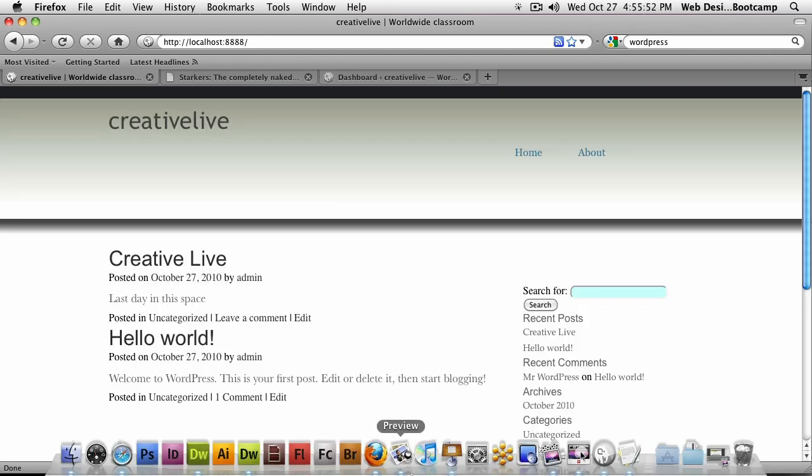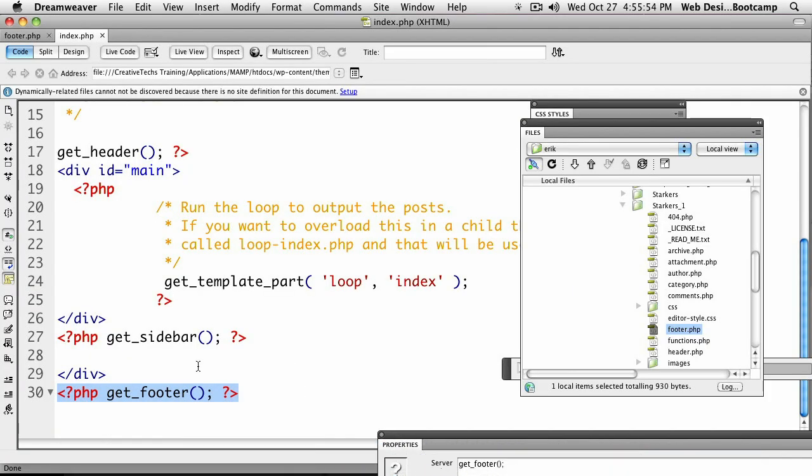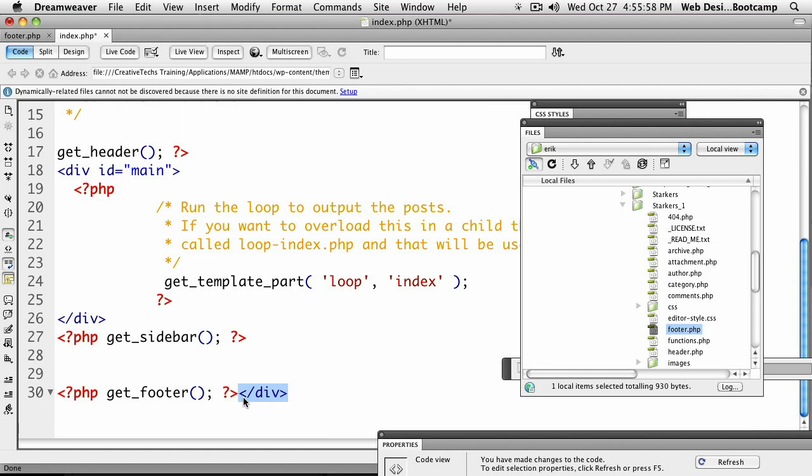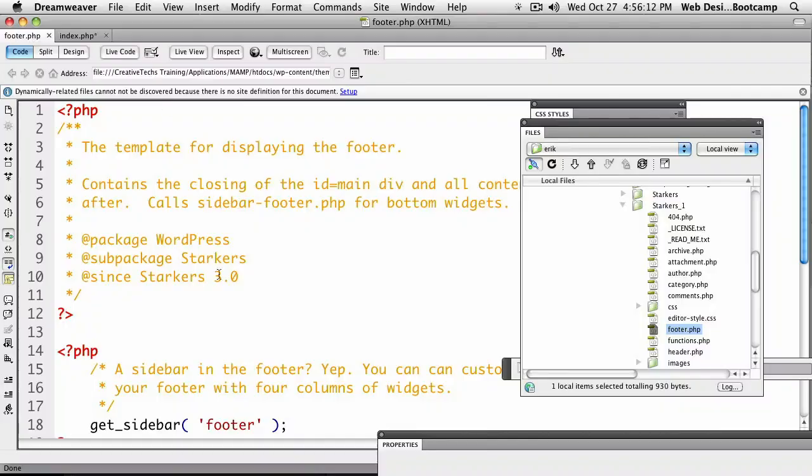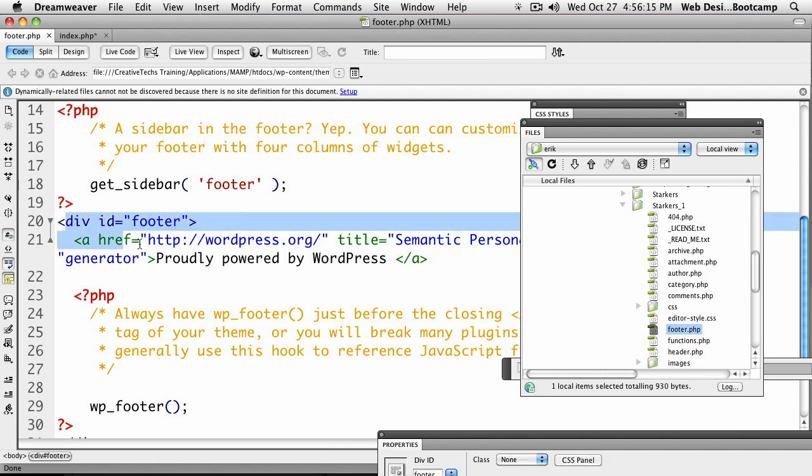The way I did that here in Dreamweaver is here's the old position of that container div. I just moved the footer outside of it. So the container gets drawn like this. The PHP still calls the footer. The footer still has one div in it, ID footer, but the style sheet here